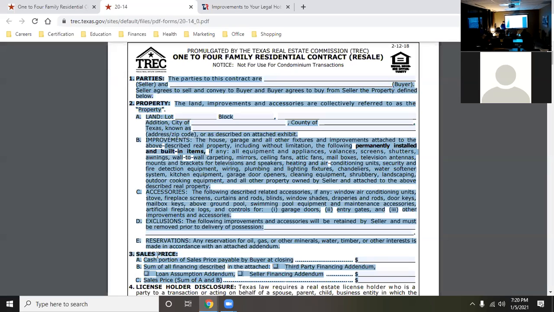There is not going to be any of this where you can just go through it. So it's best right now, if you want to be ready for the licensing exam, to read through this and start getting a summary. Number 1, paragraph 1, parties. These are the people that are part of the contract. Number 2, property. This is the legal description and the things that transfer with the property. Number 3, the sales price. What they're purchasing, what amount they're putting down, what amount they're financing, what's the total price, and so on. That's the easiest method for you to do.